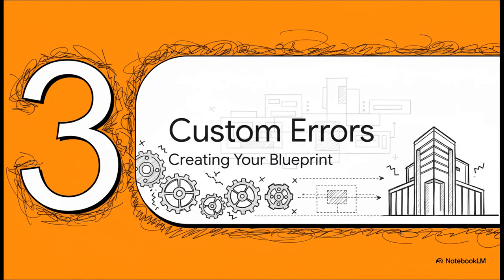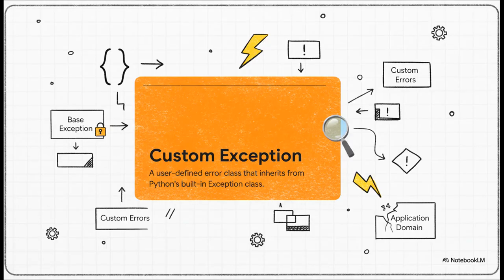So, now that we've got the basic tool down, let's level up. Using built-in errors like ValueError is fine, but to make our code truly professional and clear, we need to move from using off-the-shelf tools to designing our own custom error blueprints. A custom exception might sound fancy, but honestly, it's not scary at all. It's just a class that you define yourself, and the only rule is that it has to inherit from Python's base Exception class. By doing that, you can create brand new types of errors that are specific to the logic